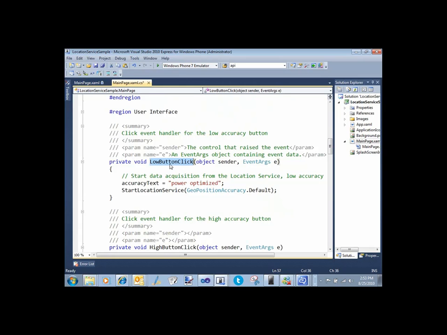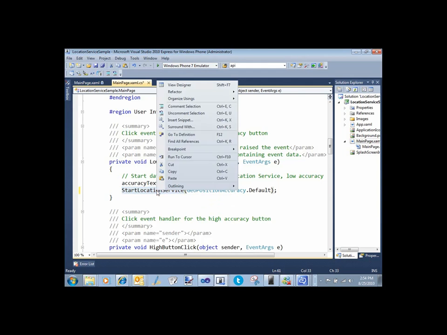When someone clicks the low, we're going to set the text that you see on the device on the screen to power optimized. And then we're going to call this method that we created called start location service and pass it geo-precision accuracy. Now geo-precision accuracy, as I said, has two. It has default and high. So default is the low, which means that it's going to try to find location based on Wi-Fi and cell tower triangulation. If we go to start location service,